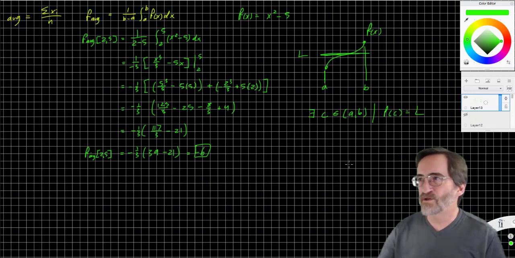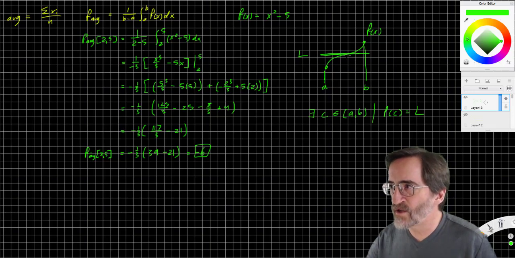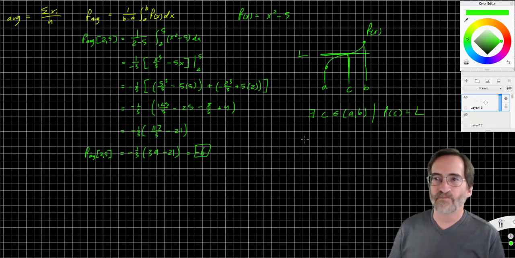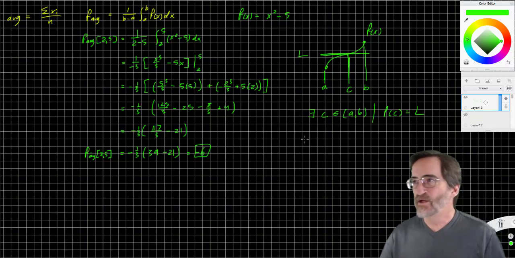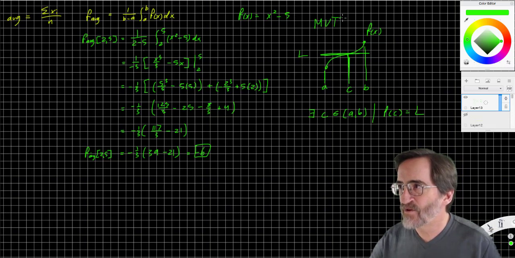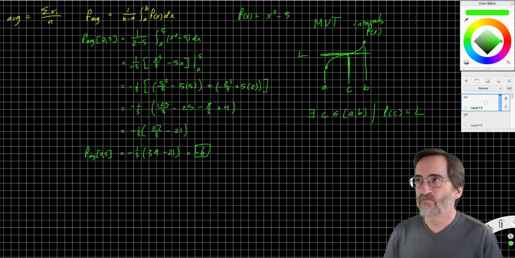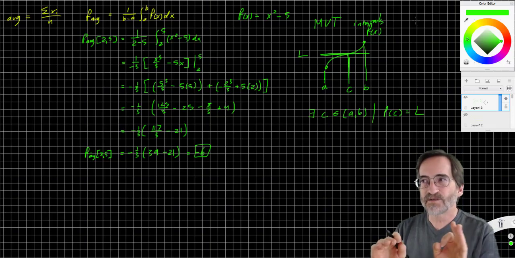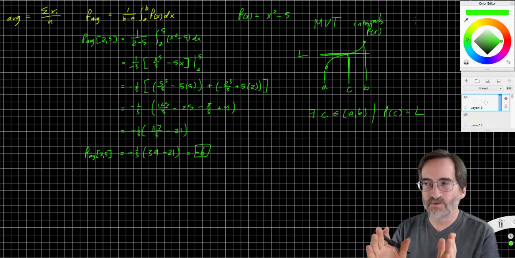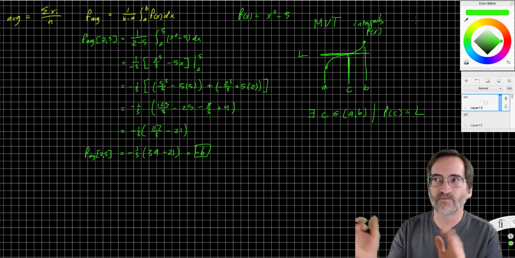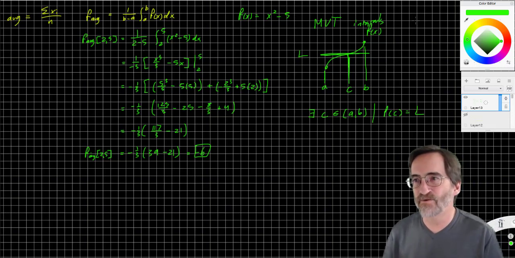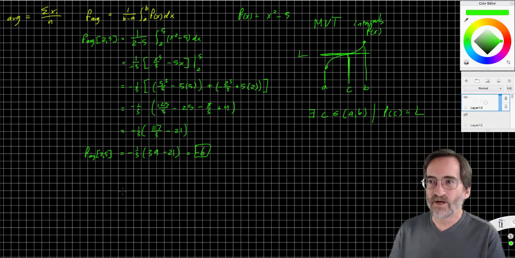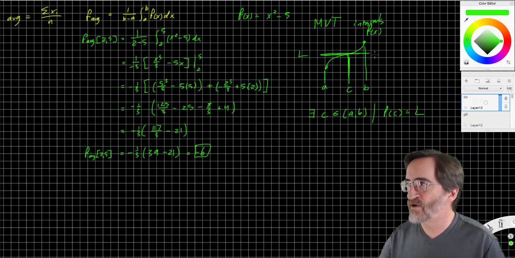In other words, there is a value C between a and b such that if I put in C, I'll get out the average value. And that's the mean value theorem, MVT, for integrals. It says that if I find the average value, then there is some value on the domain between a and b, between the boundaries, where the function gives me that average value. And so you might be asked, find the value C guaranteed by the mean value theorem,